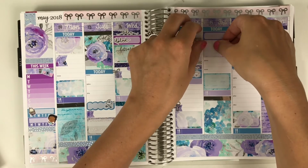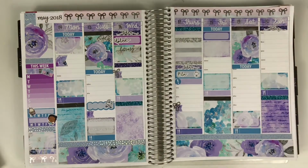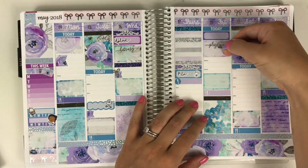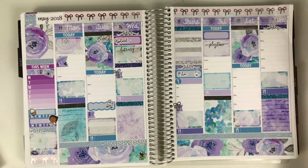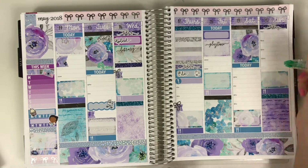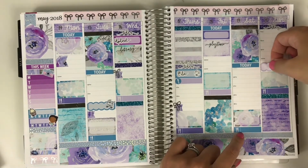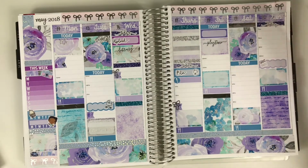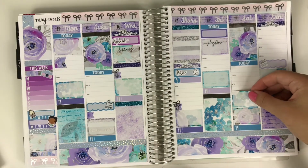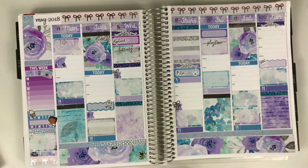And then we will either be going to story time at the library or Touch Bots at my daughter's future preschool. I have not decided yet, but either way, that would be a fun activity, so I decided to use a playtime script word from Station Stickers instead of a library one, just in case we decide to go to the other activity. Then I hopped over to Sunday and used a scallop label to mark down my plan